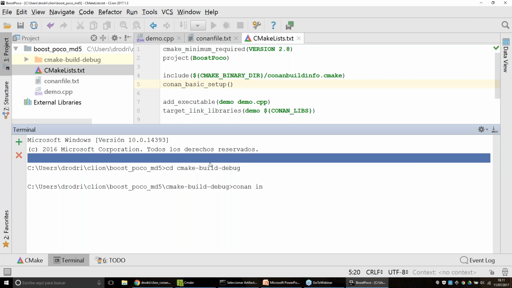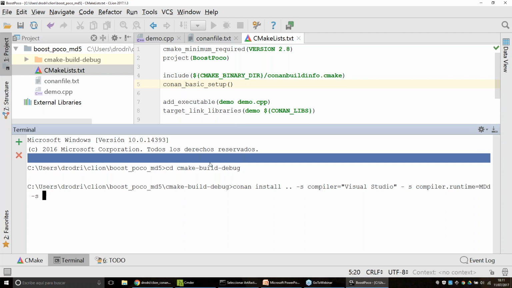So I'm issuing a Conan install command, and now I'm specifying my settings, because Conan is explicit. It won't try to detect your configuration very smartly or whatever. You have to tell Conan that you want your dependencies for Visual Studio, and for debug. In this case, I need to specify the compiler, so I'm going to use Visual Studio. Okay, I'm in debug mode, so I need to specify also that the compiler runtime will be the debug runtime